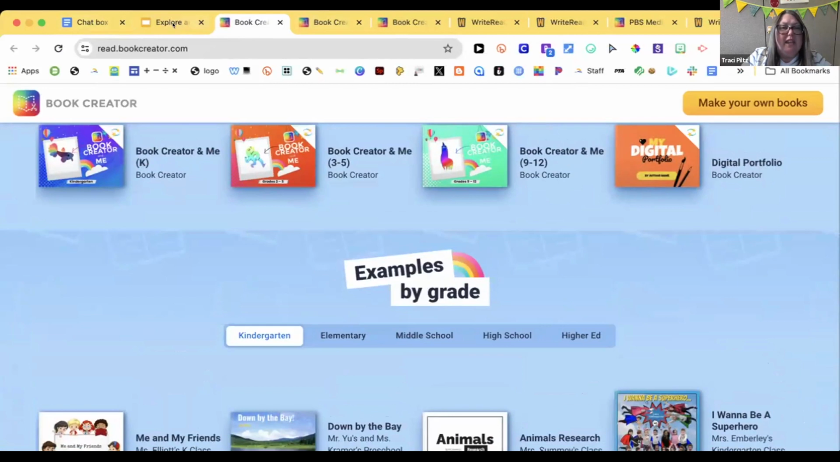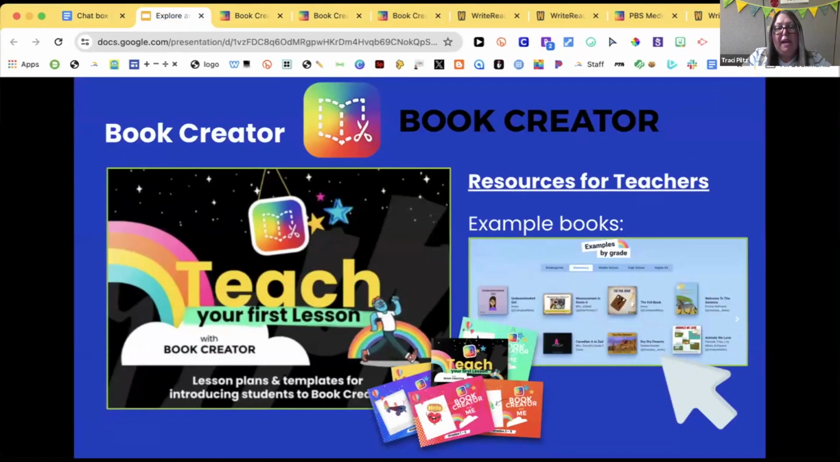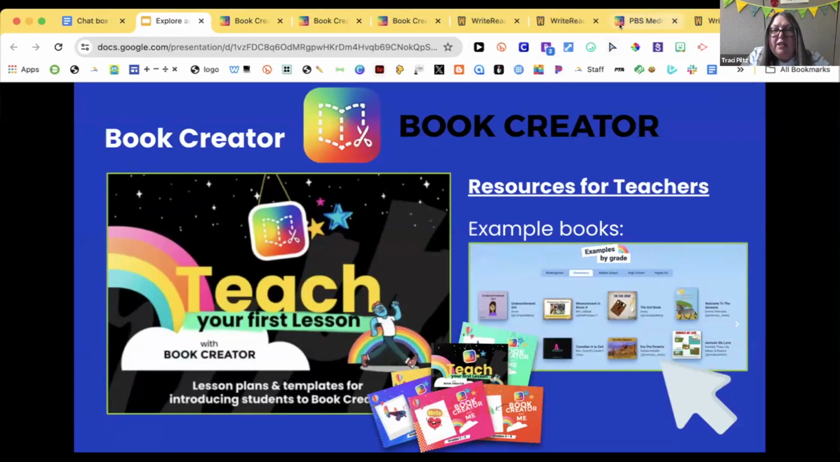And then I think the last thing on this slide is just a resources for teachers page. So lots that you can kind of click through and explore in there. I'll just open up